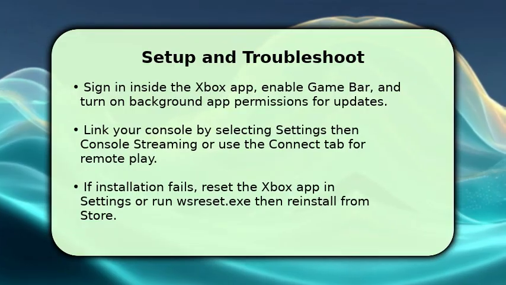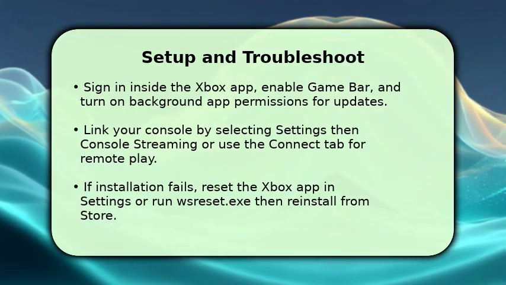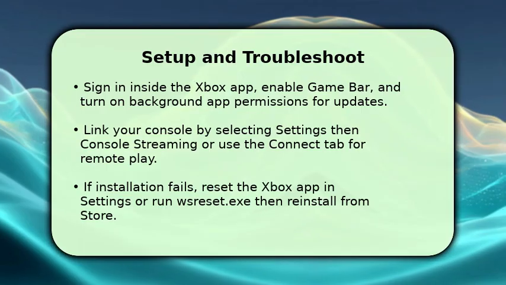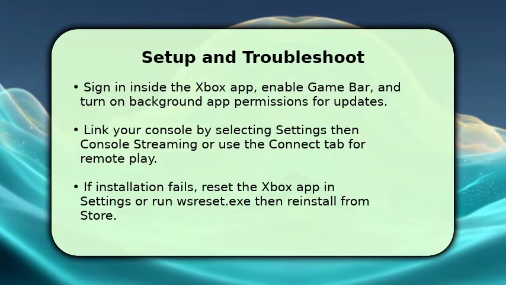If the app fails, reset it in Windows settings or run WSReset.exe to clear the store cache. Reinstall the app from